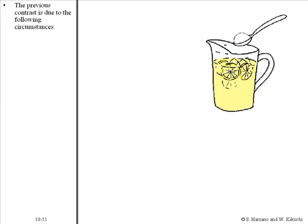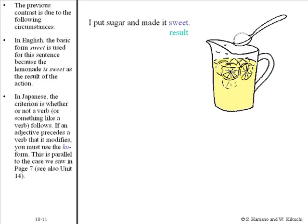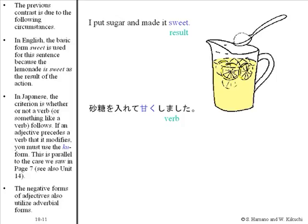The previous contrast is due to the following circumstances. In English, the basic form sweet is used for this sentence because the lemonade is sweet as a result of the action. In Japanese, the criterion is whether or not a verb or something like a verb follows. If an adjective precedes a verb that it modifies, you must use the ku form. This is parallel to the case we saw on page 7. 砂糖を入れて甘くしました。The negative forms of adjectives also utilize adverbial forms. あんまり酸っぱくありません。